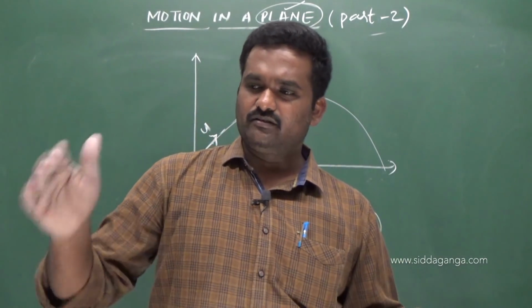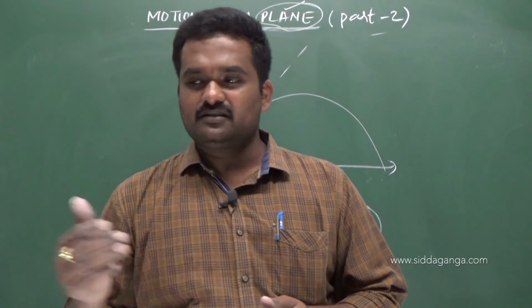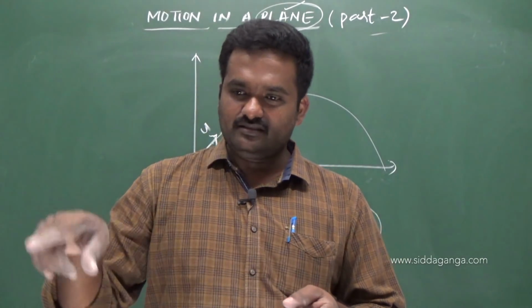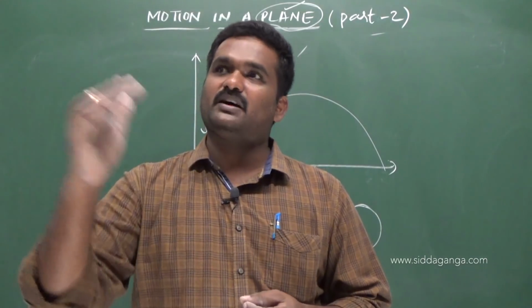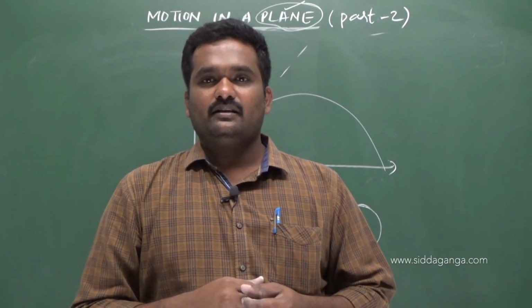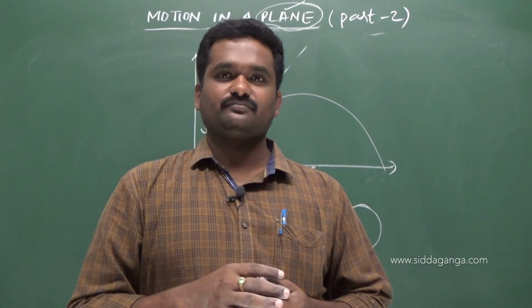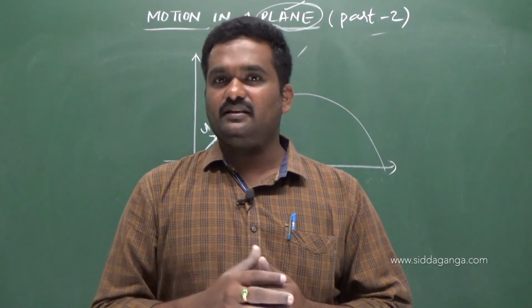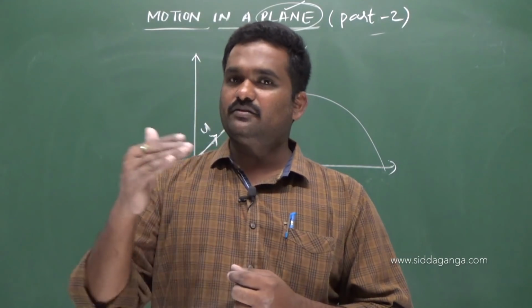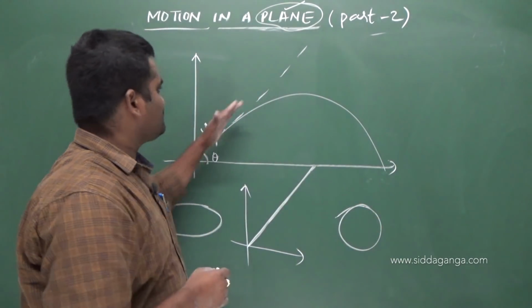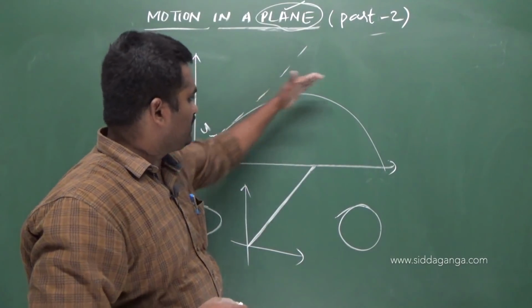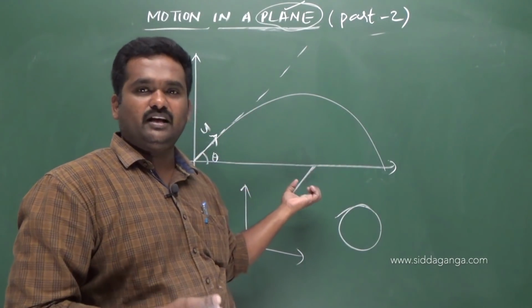What is that? S equals ut plus half at square. If it is not uniform acceleration, they will just define an equation for its path. So like that, it is so important in obtaining a mathematical equation. If you want to study physics, the conceptual thing you can apply is, I can say why it is not moving in this way, it is just bending. That is the physics we have in our hand, right?